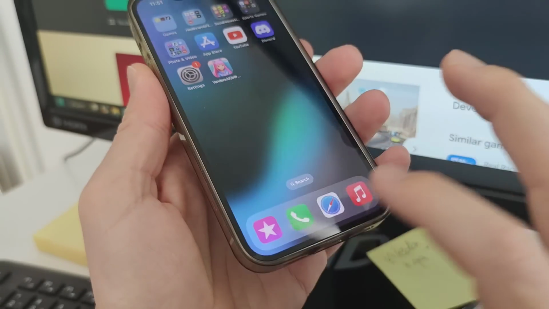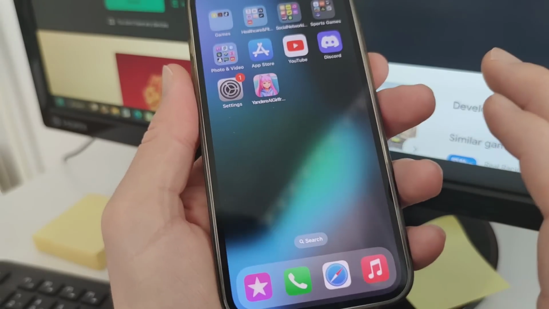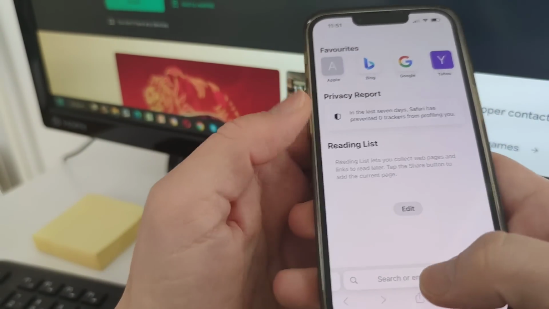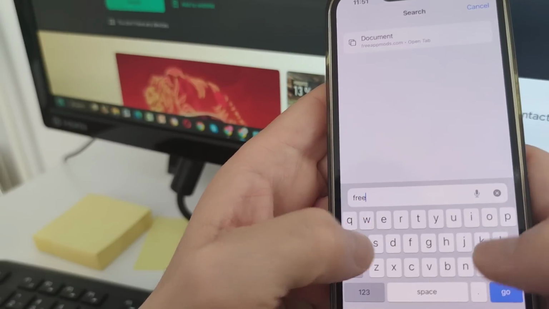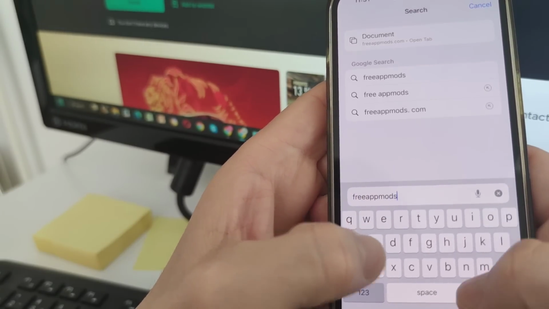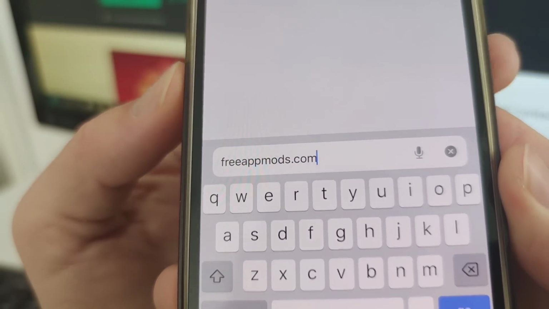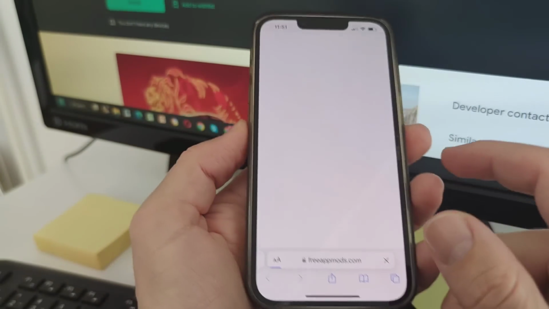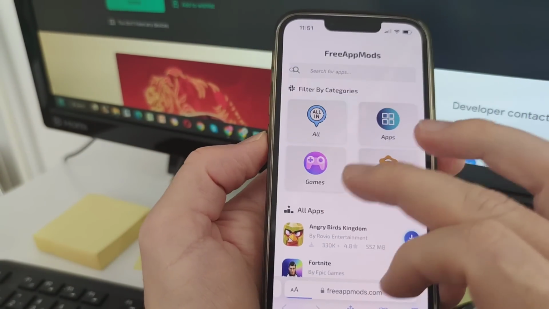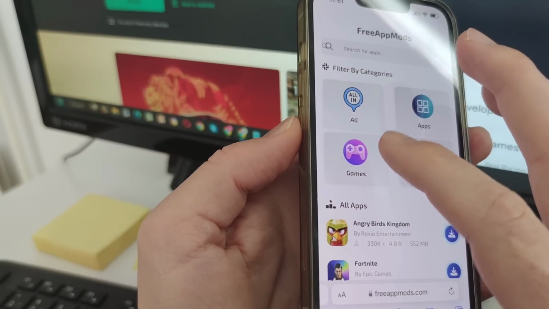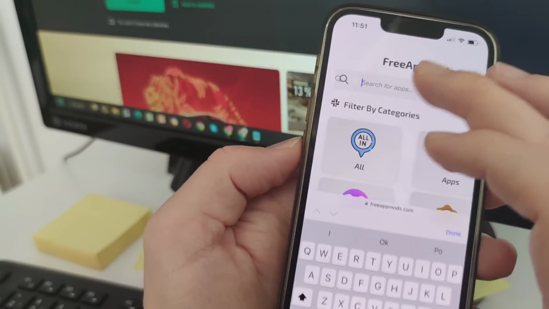You just need to go straight to your internet browser. You can use any kind of internet browser that you prefer. Me, I'm going to use Safari right now because of the iPhone, and you just need to type this website, which I'm going to type for you in fact. So this is the name of the website where you have to go. You just need to enter it, and you have these different categories over here. You can just choose by checking the games and scrolling to find it, or you can just type over here